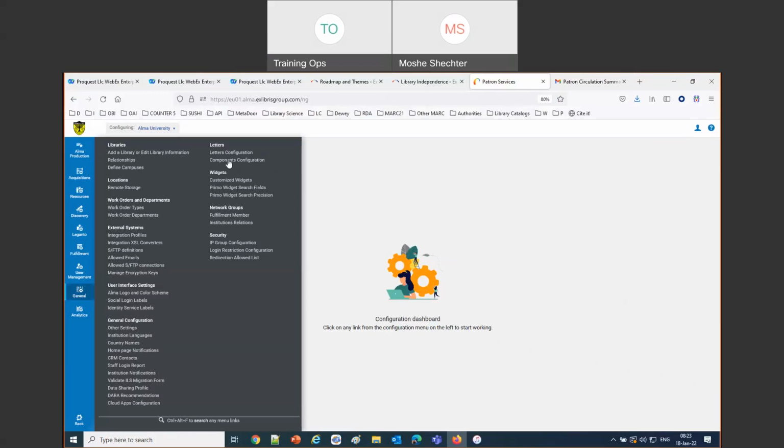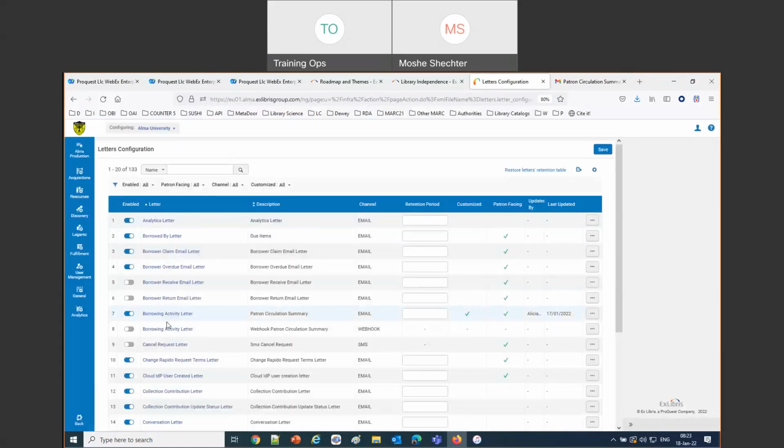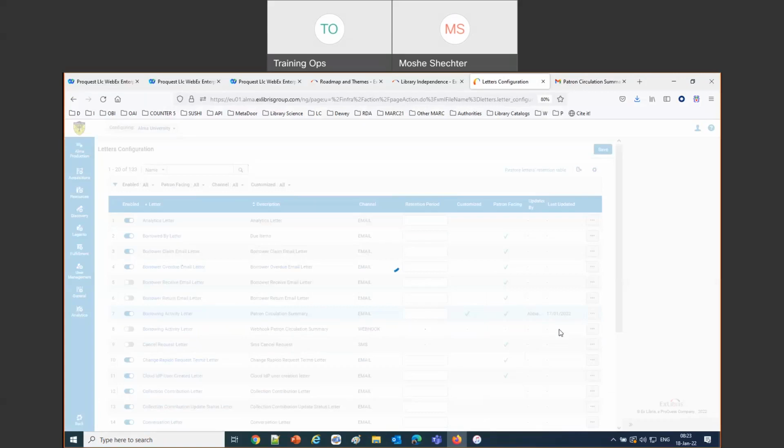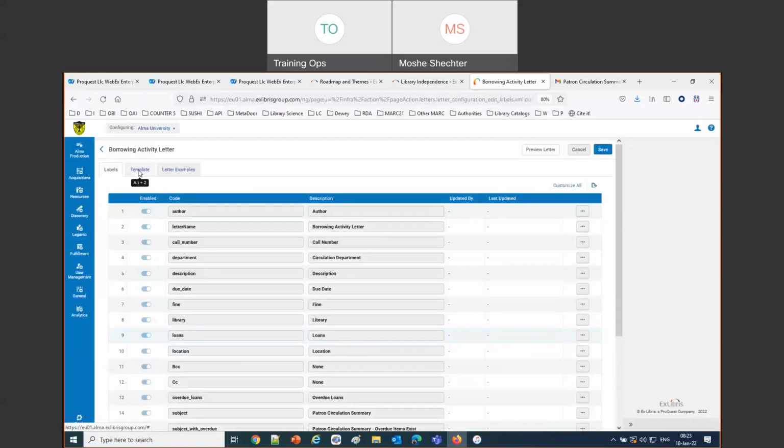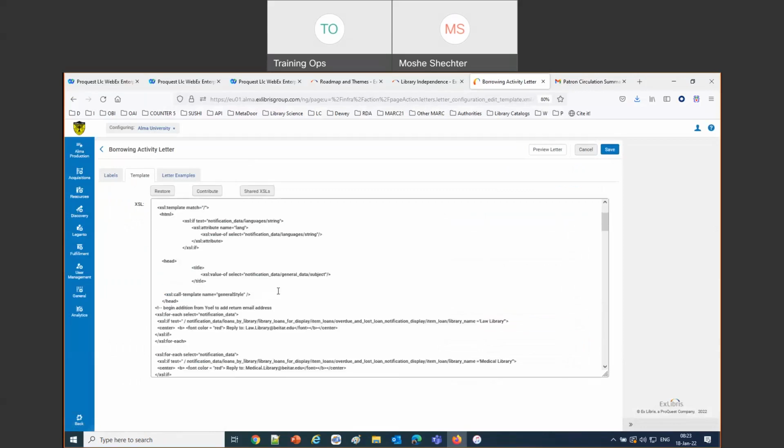So I'm going to go to the letters configuration. And we'll go to the borrowing activity letter, which is here, for the channel email, because there's also one for a webhook. And we will edit this. So if I come into the template, now I was playing around with this earlier, so I already have a condition here. We're not going to talk